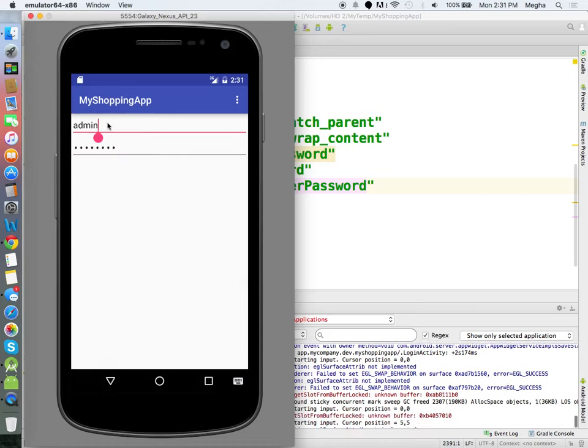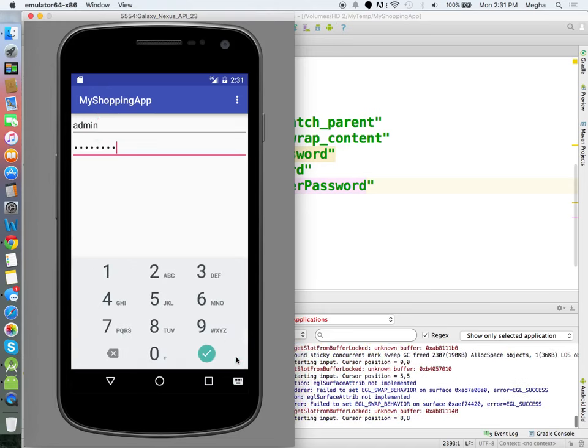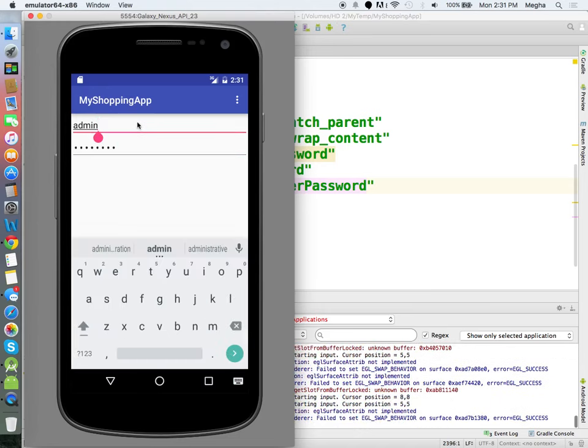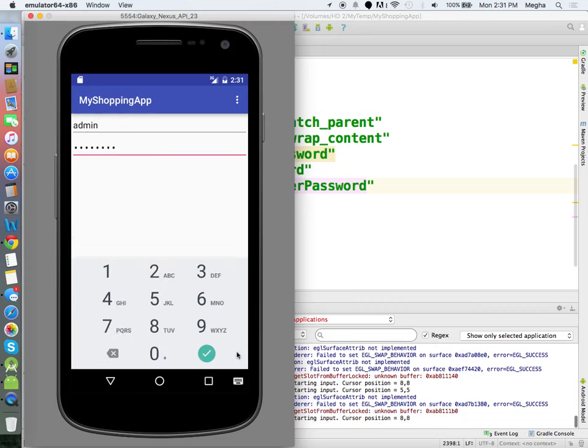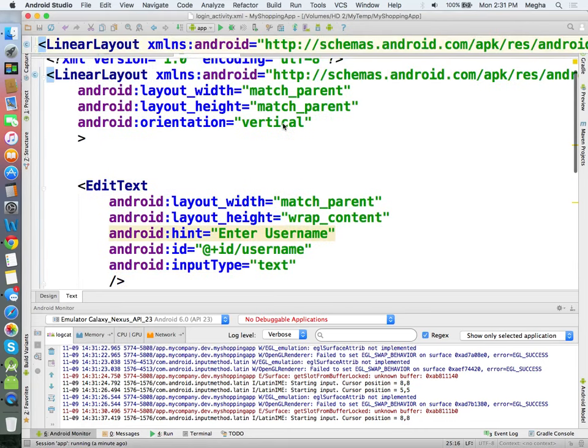Remember, when I keep a focus on the very first edit text, I'll be given a next arrow in the software keyboard itself. You don't need to tap and move your focus. Once you are done, click this one. It will change the focus to the subsequent text field, or sorry, edit text. Sometimes this may not appear in the previous versions of devices. In that case,